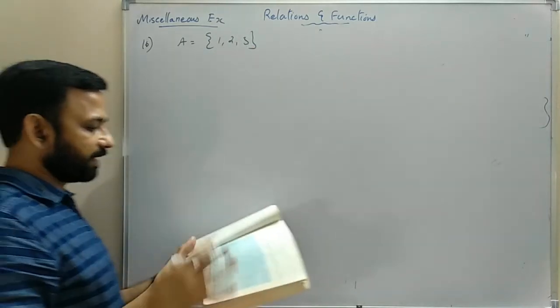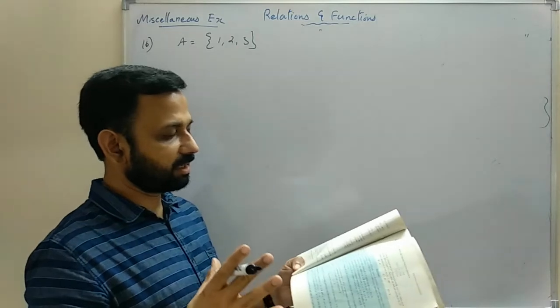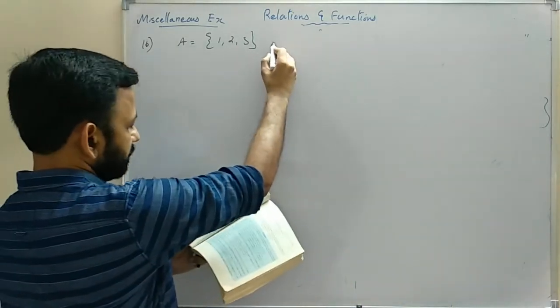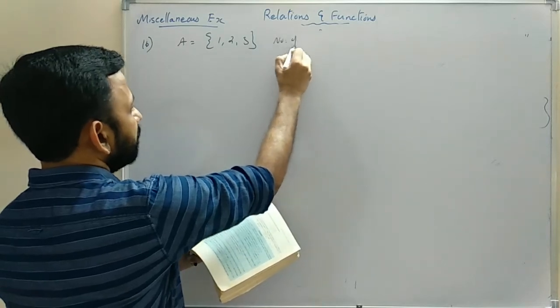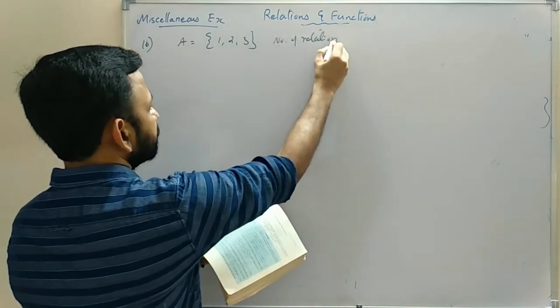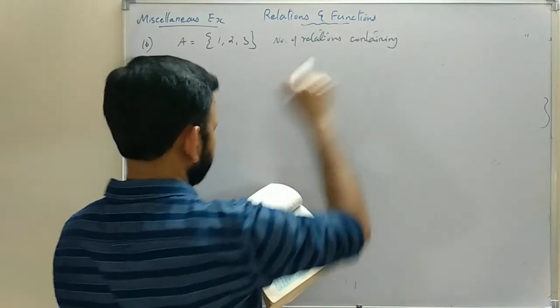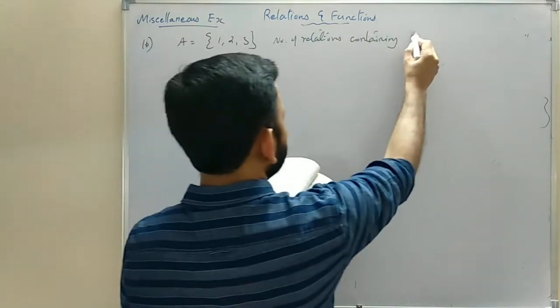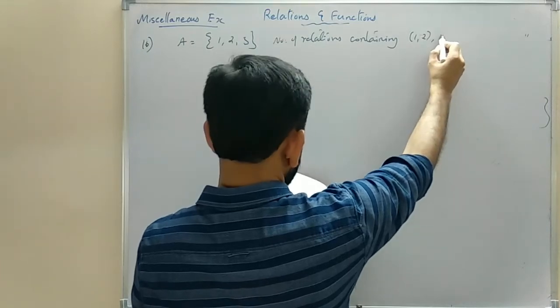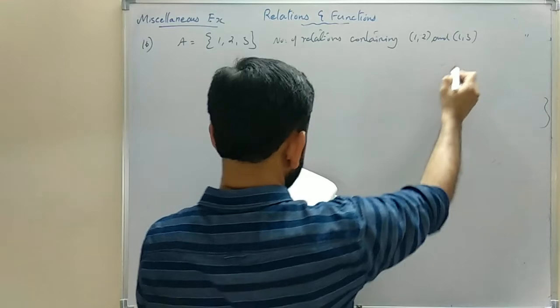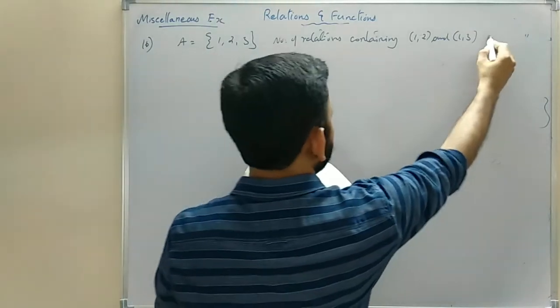Then the number of relations containing ordered pair (1, 2) and ordered pair (1, 3), which are